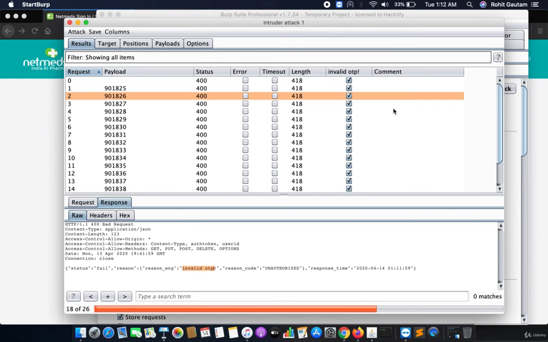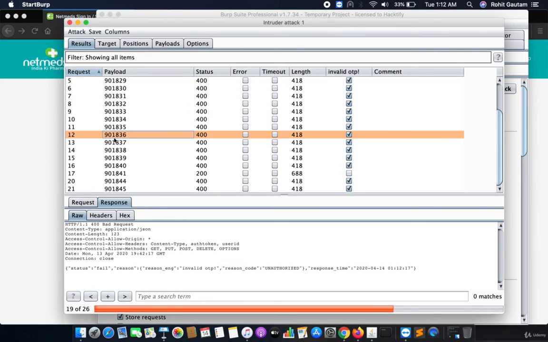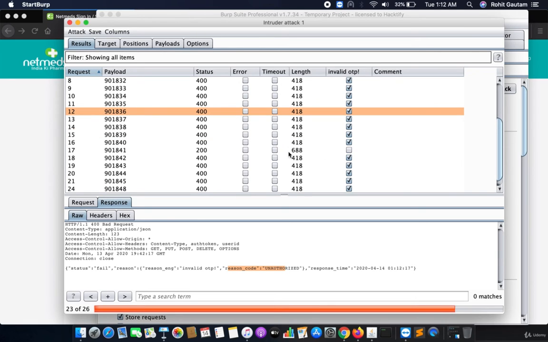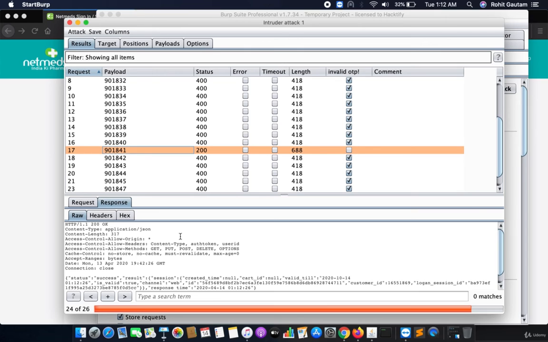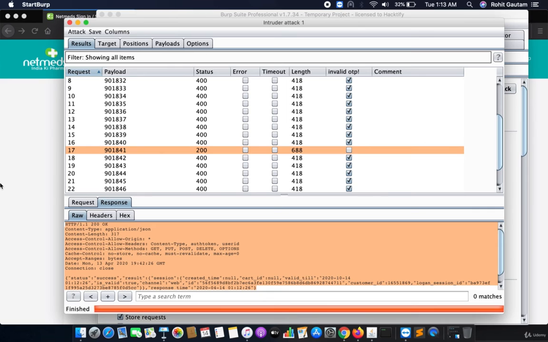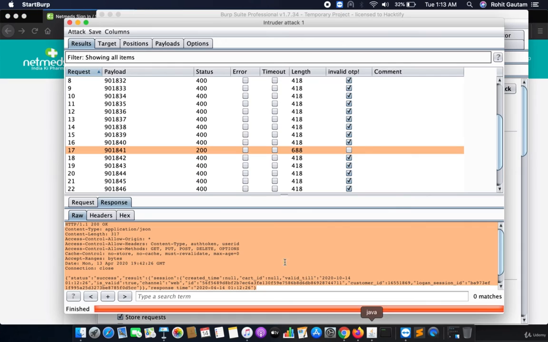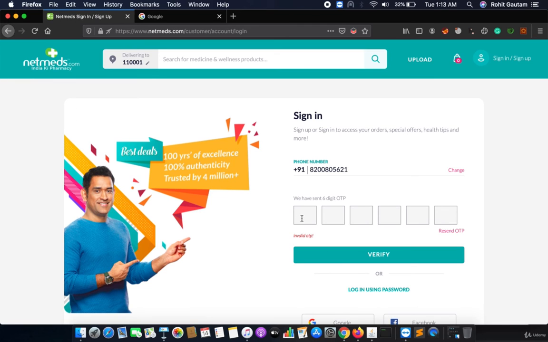Let me just scroll down and let's see. Yes, so there is an OTP which has missed the invalid OTP flag, right? So let's just go to that OTP and see the response. In the status, it is saying success, which means this is the right OTP that we have brute forced using the no rate limit attack, when the attacker is able to brute force a lot of OTPs. So I'm just going to put that OTP right now,